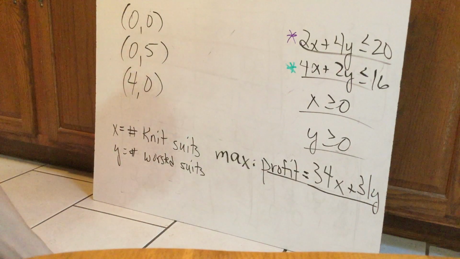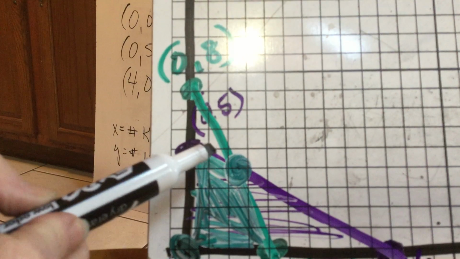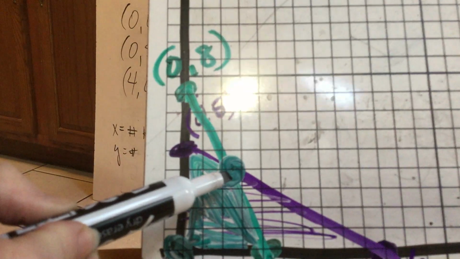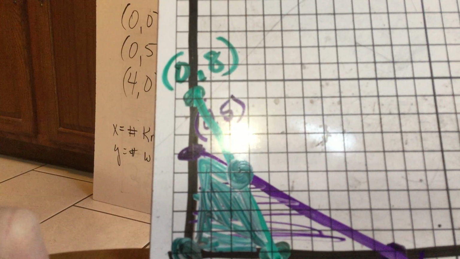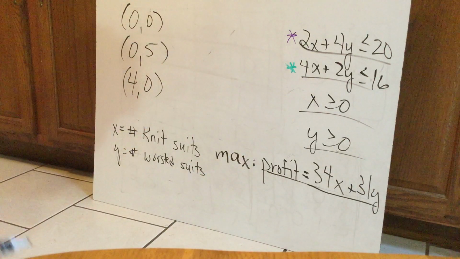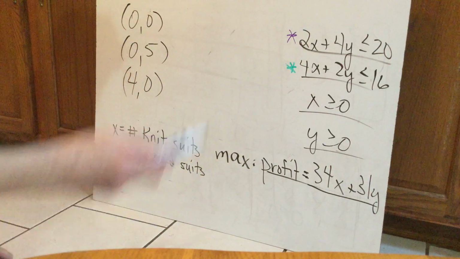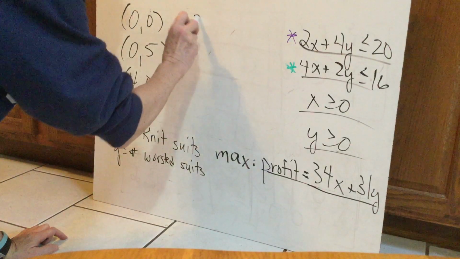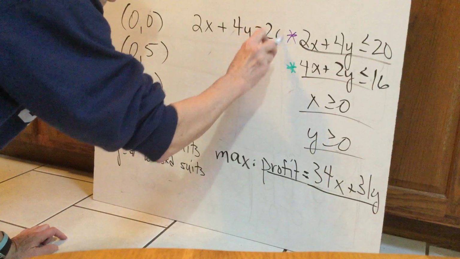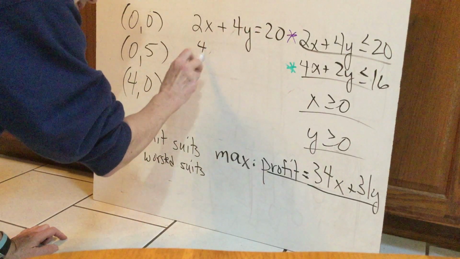The one that's a little bit trickier is this one, because it is not a plotted point. I mean, I didn't plot it. It happened when the green line and the purple line intersected each other. So if you have a perfect graph, go right ahead and guess what that point is. I don't like to do that, so I'm going to go ahead and write down my purple and my green line,